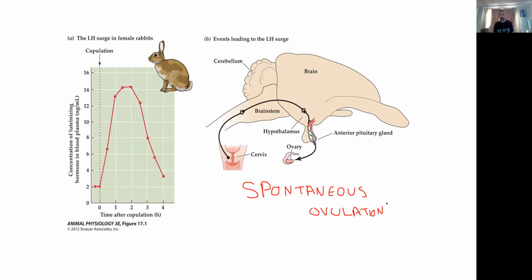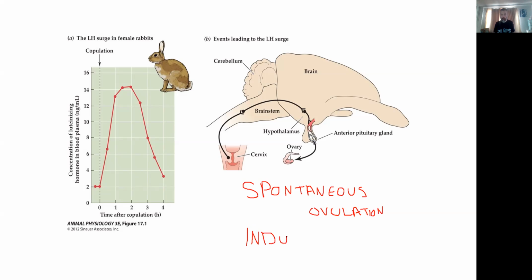So this is what humans do, for example. You have a 28-day monthly cycle, right, that you ovulate on cue, roughly every 28 days. Okay, that's spontaneous ovulation. The other variety of this is what we're seeing here with this little rabbit, is called induced